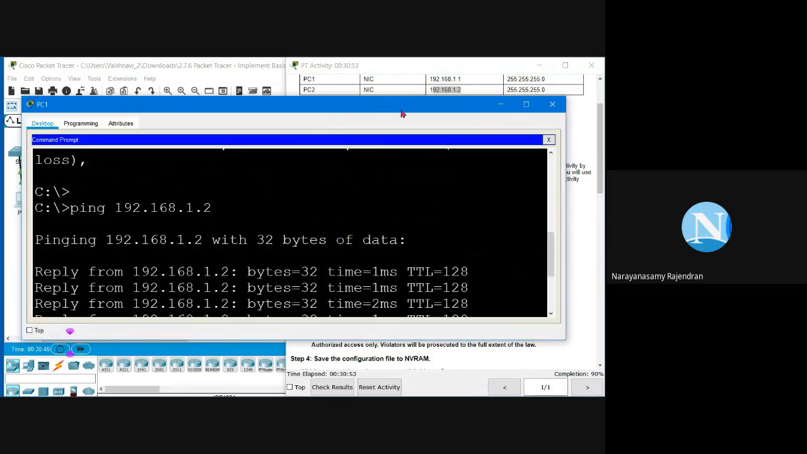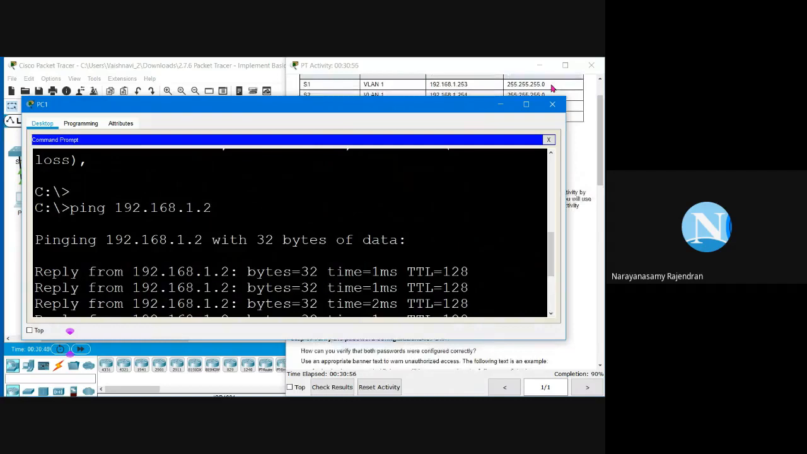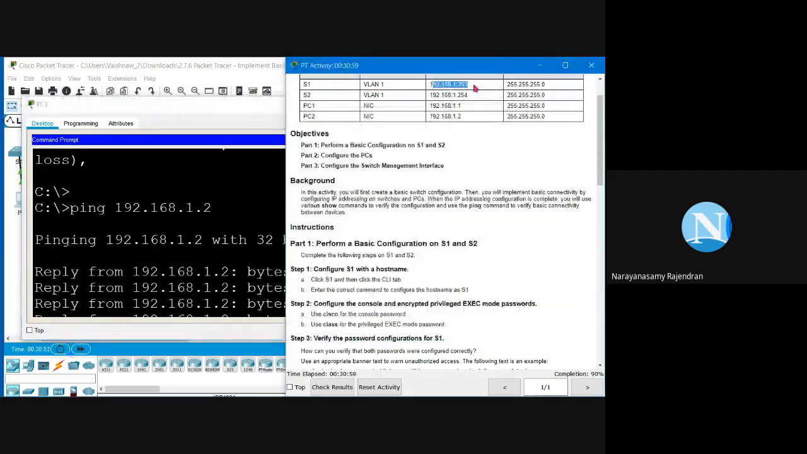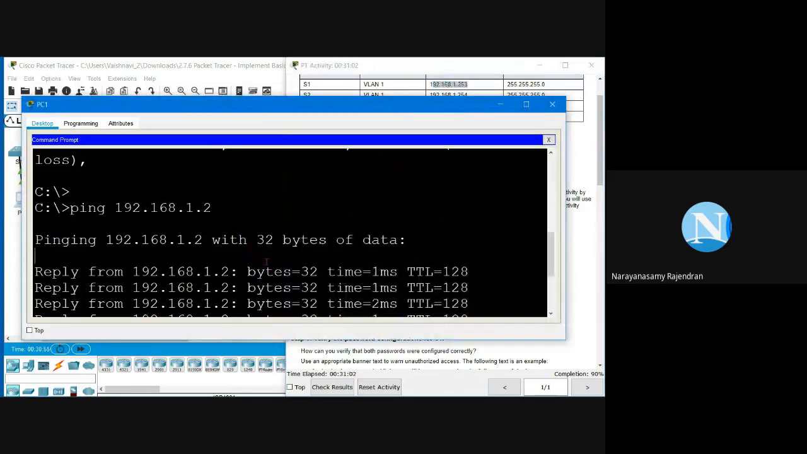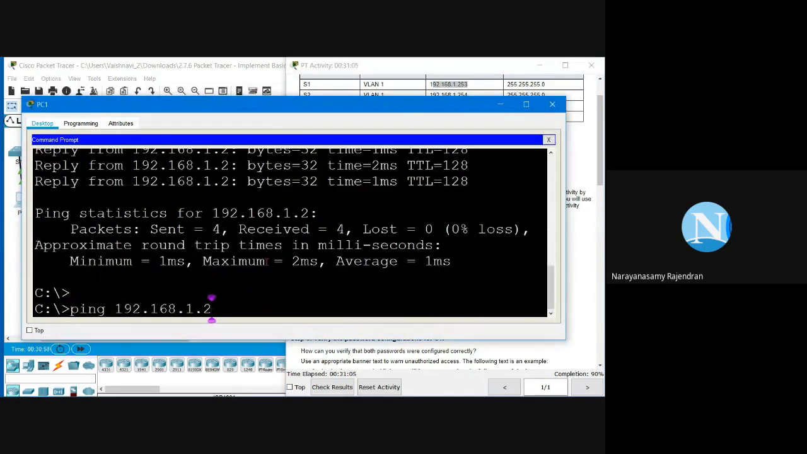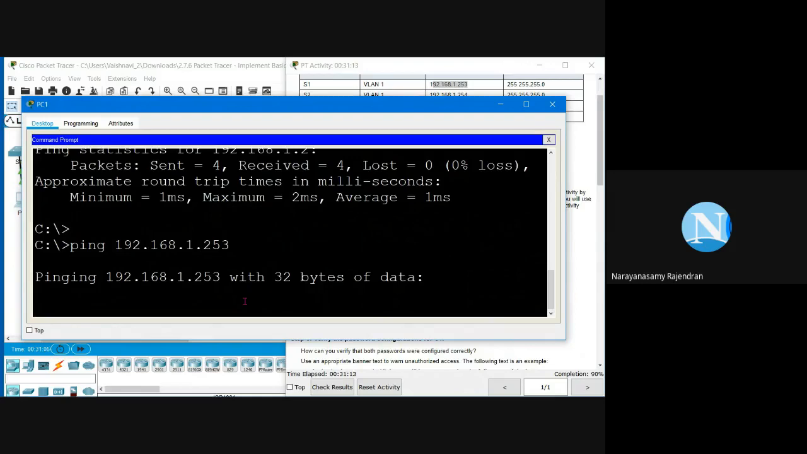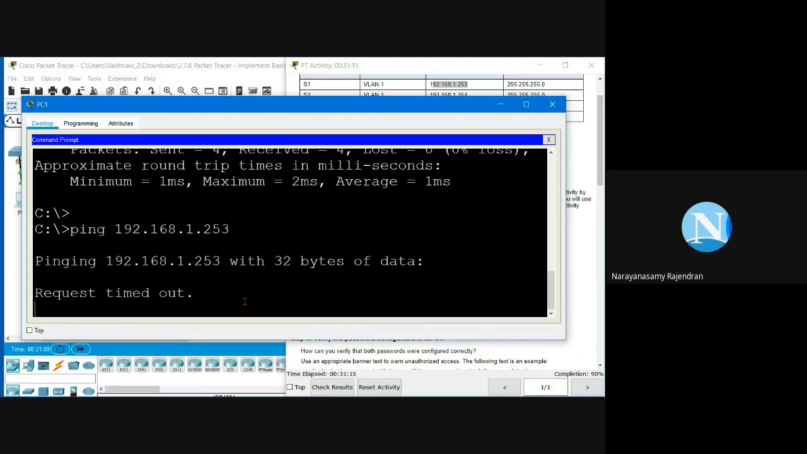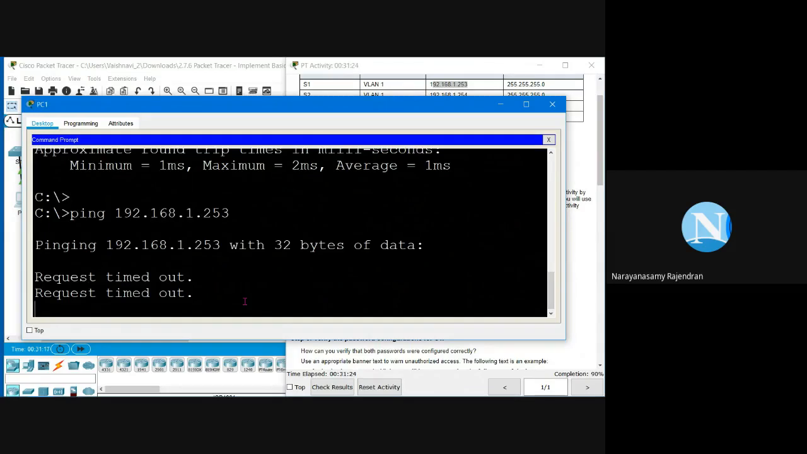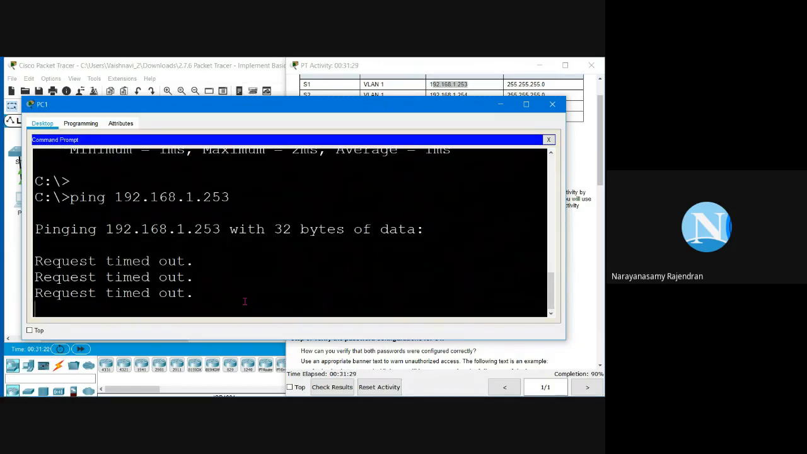Let us check the connection between PC1 and switch 1. The IP address of switch 1 is 192.168.1.253. So I will execute the command ping 192.168.1.253. Let us see. Request timed out. That means there is no connection. All 4 replies are request timeouts. That means PC1 and switch 1